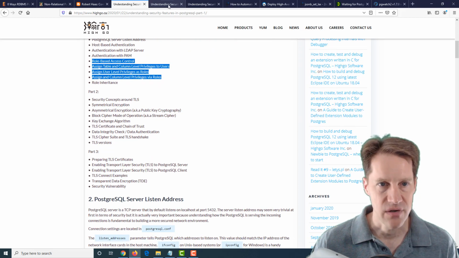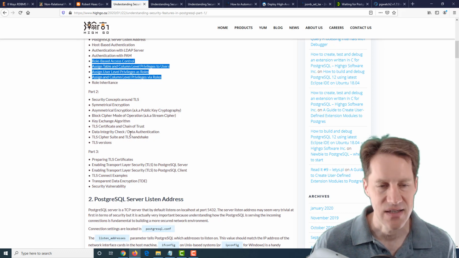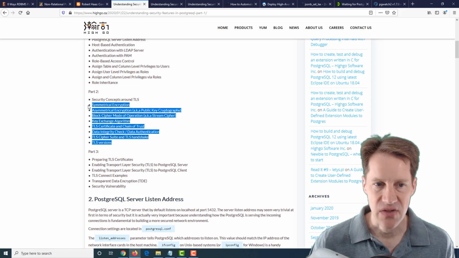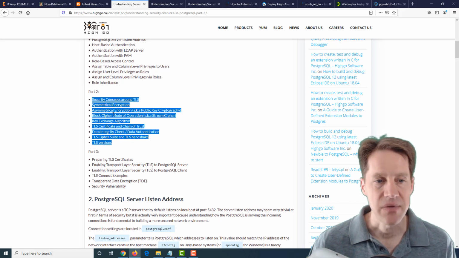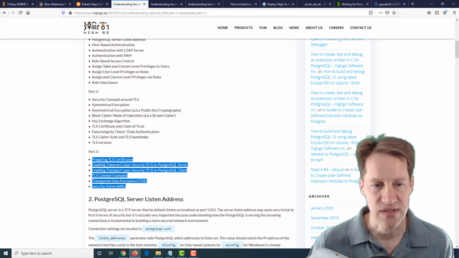Now, the second part, which is this blog post here, part 2, is all about essentially SSL or TLS and how it works, public key cryptography. And this doesn't have a lot directly relevant to Postgres. It's all about setting up certificates in public key encryption. But this is a good thing to read before reviewing part 3, which is definitely more PostgreSQL focused, because it's